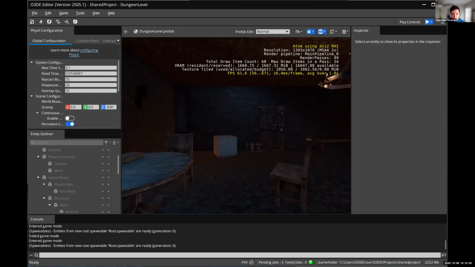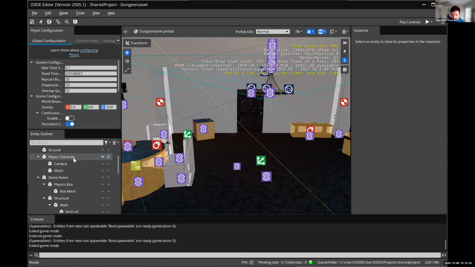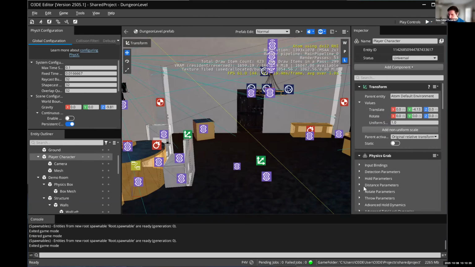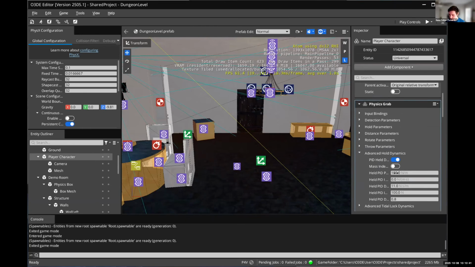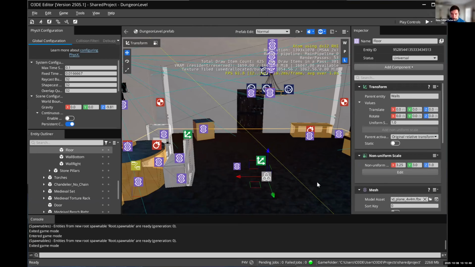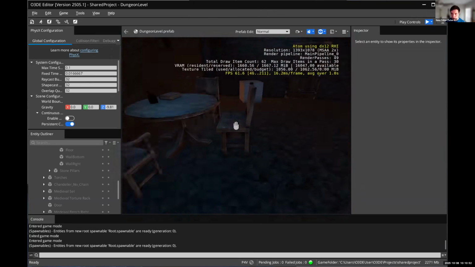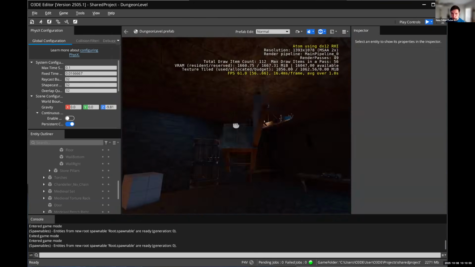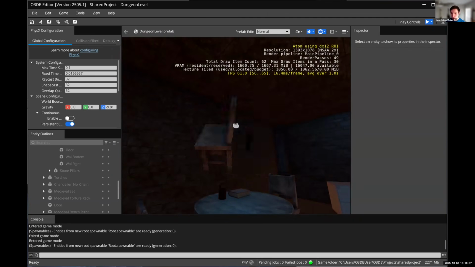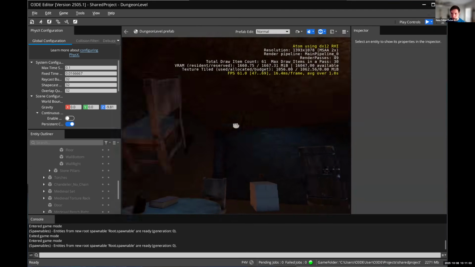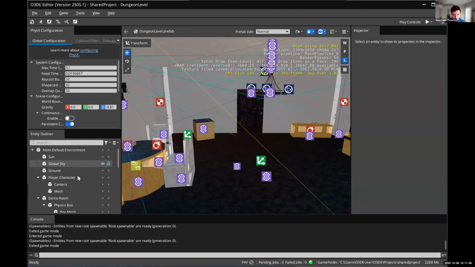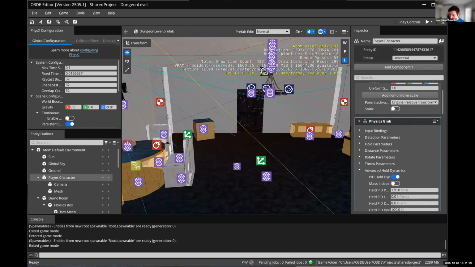So for example, if I wanted to create more bounce in the chair, I go over to my player character entity and go over to the physics grab component here, go to advanced hold dynamics, and adjust some of these values. If I increase the P gain to 130 and decrease the derivative gain to something like 8, then go back and enter play mode again and go to this chair, the spring effect is a lot more exaggerated. So you can see it has an underdamped behavior and oscillates towards the center of the screen. So if I go back here and change these settings back,